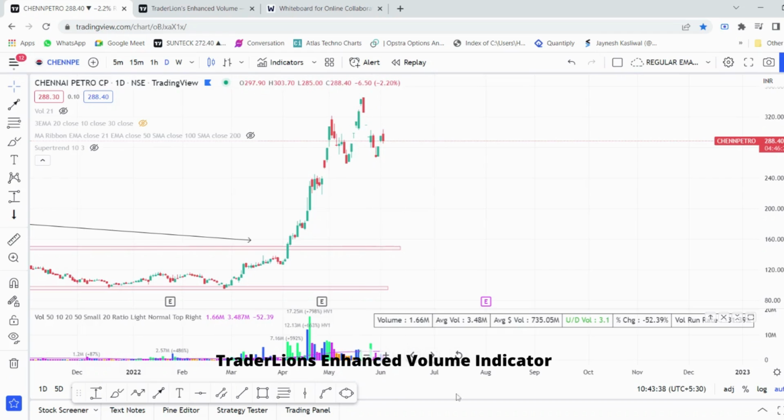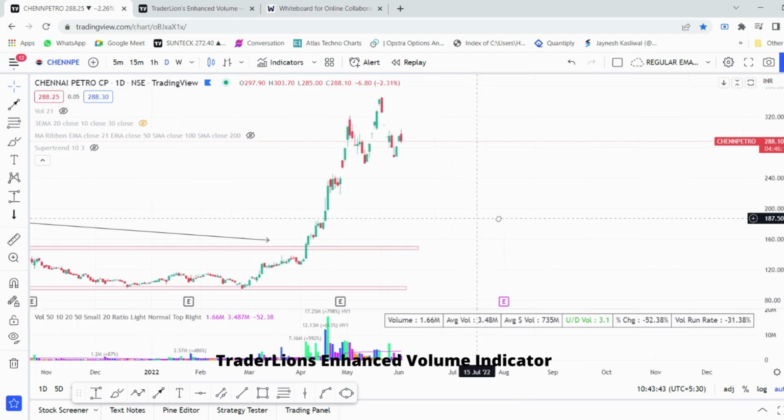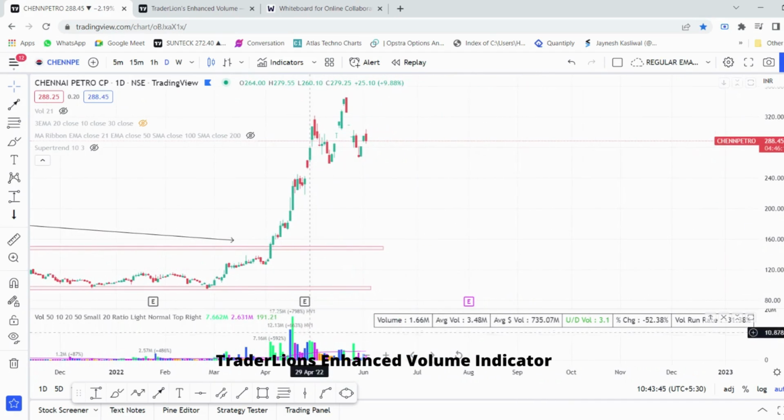So this is basically used to identify advanced volume analysis for the stock. Here you will see multiple bars in different colors. These are all relative volumes. The green bars or the light green bars are known as the highest volume bars that are present in the past 10 days of trading. So whenever you're looking for stocks that are closing at the day's high, and also you look for a volume breakout, then these green bars are going to help you to identify these kinds of volume days.